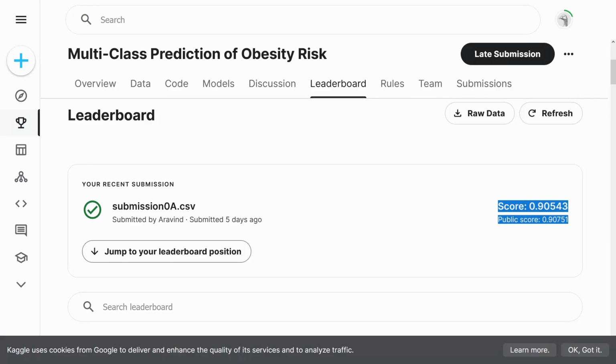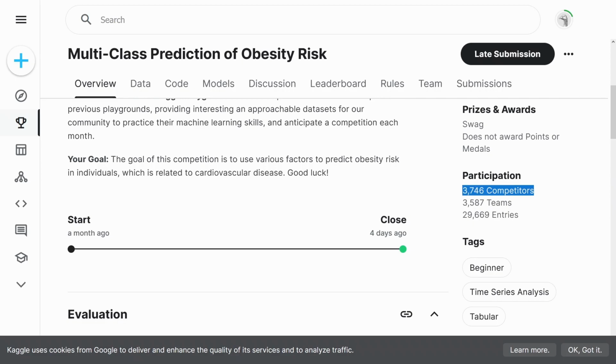I'm Arvind from PrecisionDataScience. Today we're going to be working on Kaggle's second playground series, that is Multiclass Obesity Risk